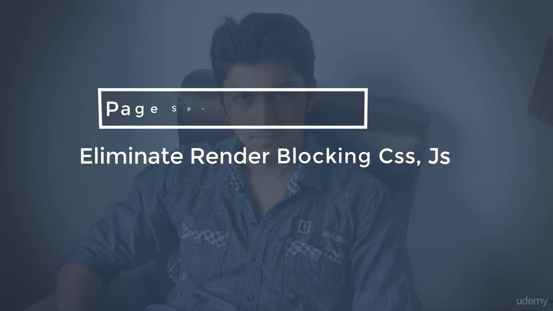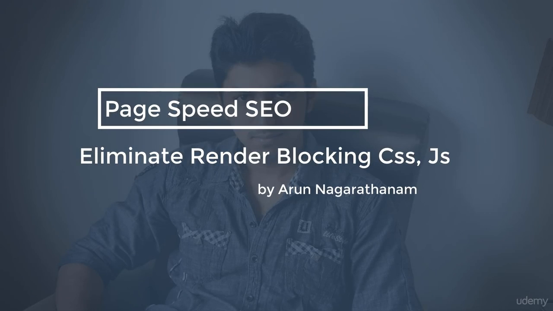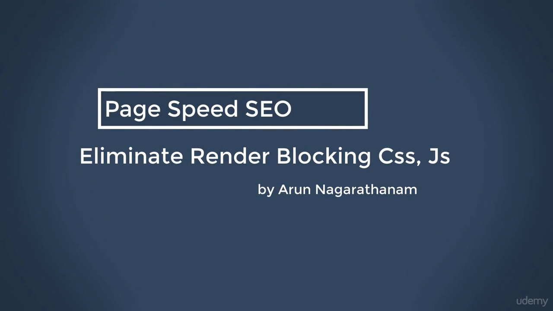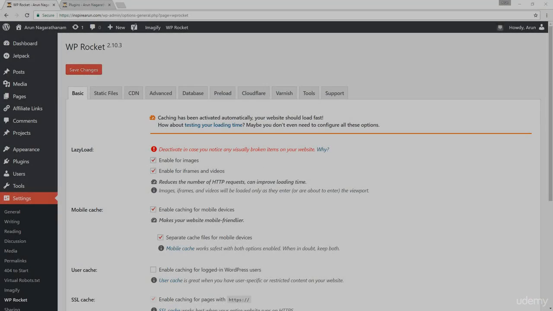In this lecture, we are going to see how to eliminate render blocking of CSS and JS with the WP Rocket Cache plugin. Once you have finished configuring these basic options, it means you have configured almost 95% of this WP Rocket Cache plugin. So you should have already got the maximum optimization that you can get within your website. These advanced options are for those who want to customize each and every option that they wish to play